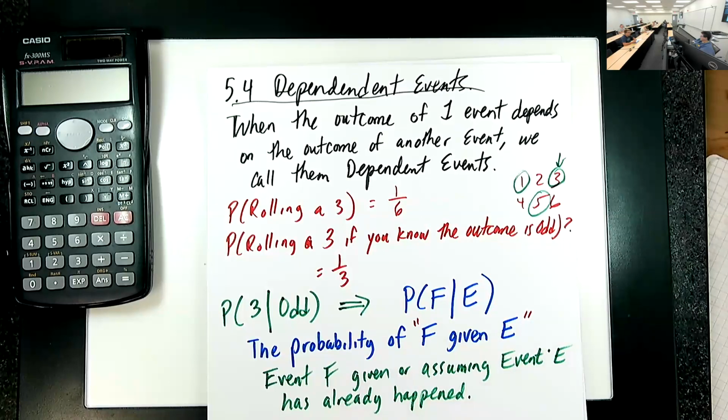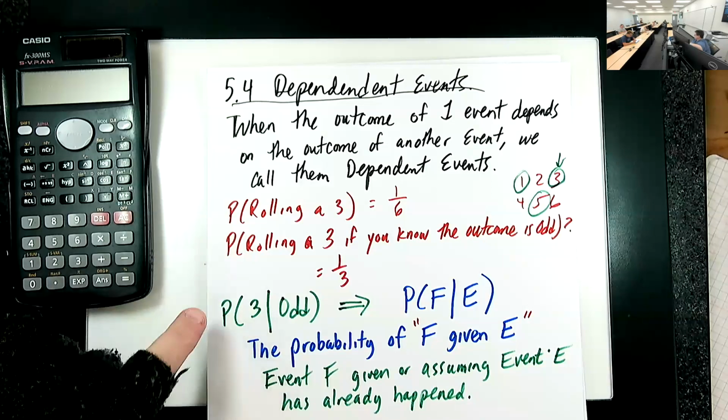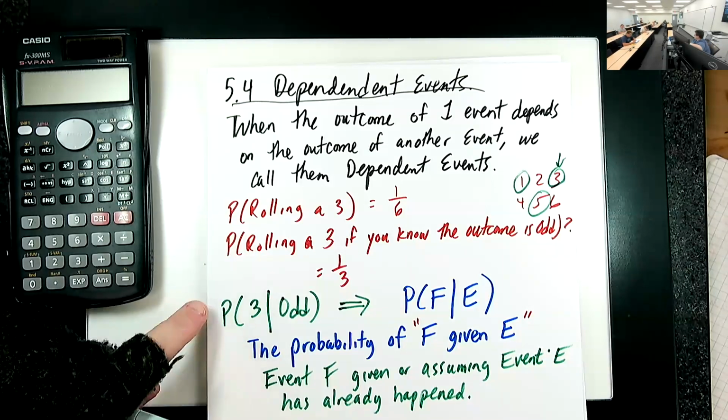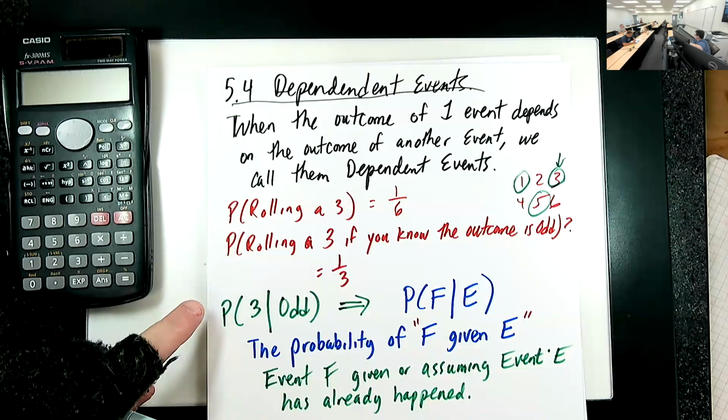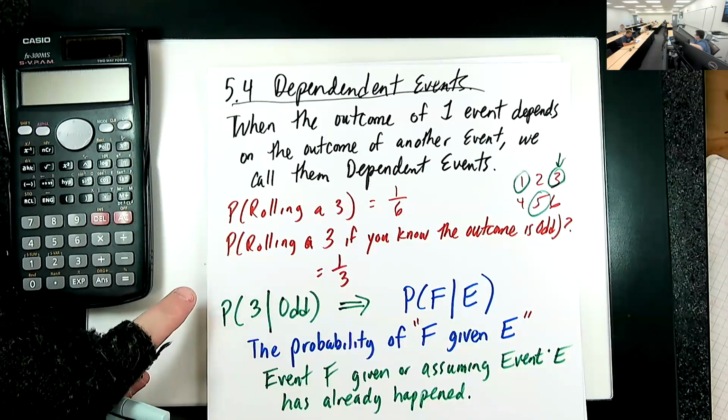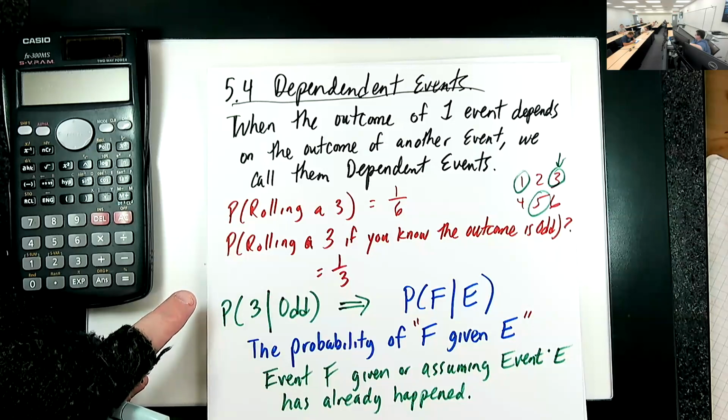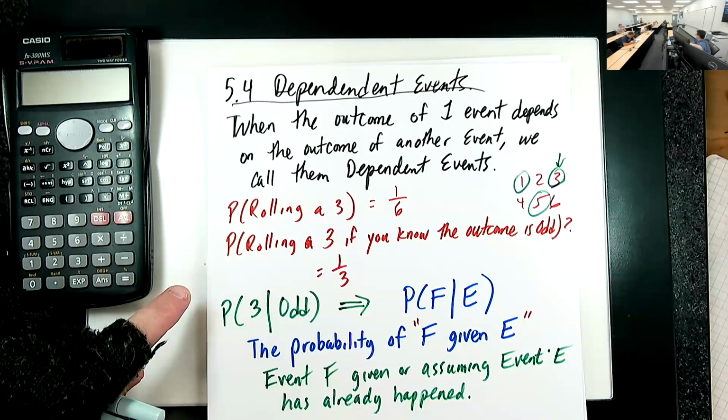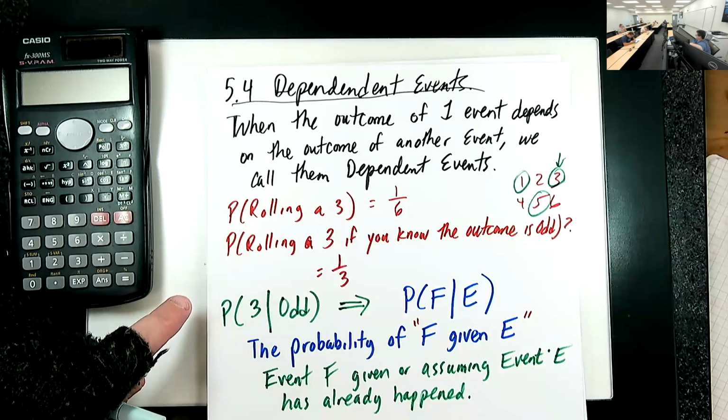What is the probability F will happen if E is already a done deal? In this case, we knew the outcome was rolling an odd. Someone told us, we couldn't see the die roll, but someone else could, and they said it's odd. This doesn't happen in real life. No one's going to tell you it's odd without telling you what it is, but